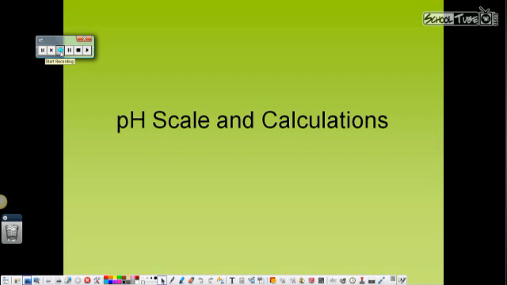All right, pH. pH is a scale that we use so that you know how acidic or how basic something is. So with pH, you have 4 different calculations or 4 different formulas that you need to know. And I'm going to go ahead and write those formulas down, and we'll be referring back to them as we go. So write down